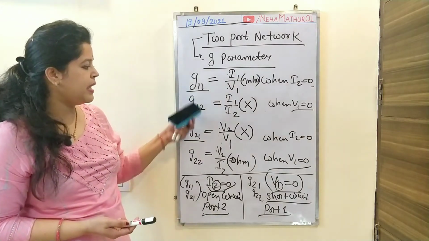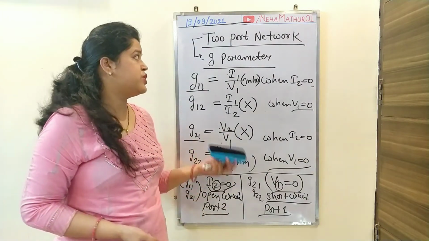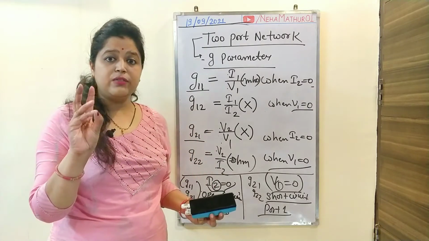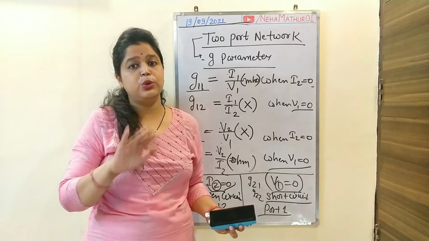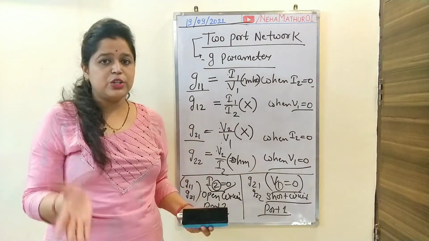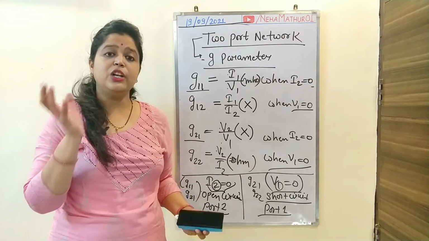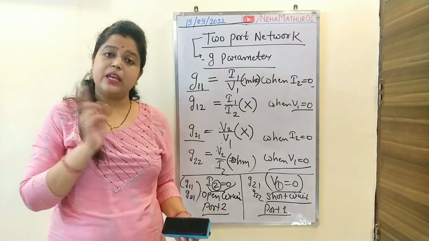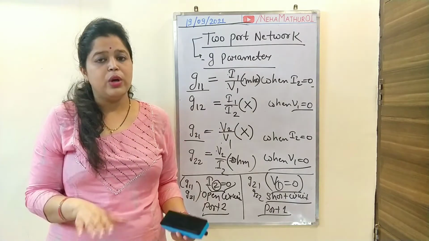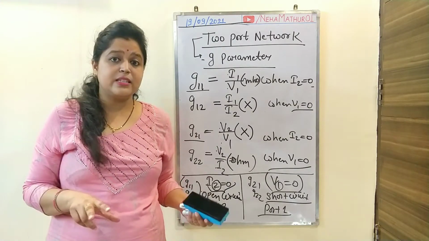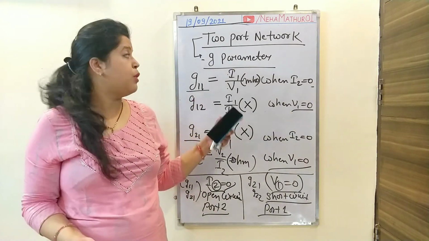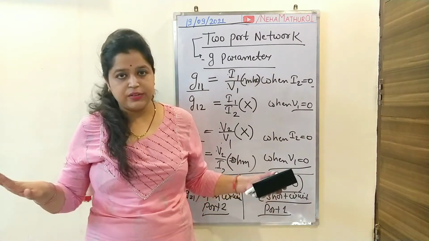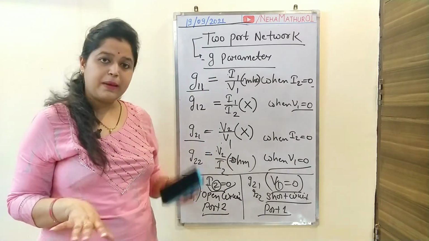This is the basic traditional concept of G parameters, that in G parameter I have G11, G12, G21 and G22 in terms of V1, V2 and I1, I2, instead of having V1 and I2 as dependent variables. Here I have I1 and V2 as independent variables. So I can say that the second name of G parameter, which is inverse hybrid parameter, is justified. So this is all about the G parameter.